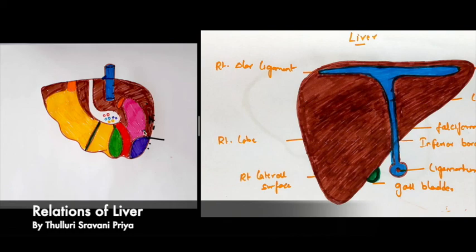Now we will see the inferior surface. This inferior surface is directed downwards, backwards and to the left. On the left lobe of the inferior surface, we will see the gastric impression. And here this is the quadrate lobe. At the quadrate lobe region, we will see the pyloric part and first part of the duodenum with the lesser omentum. And then look here, this is the tuber omentale.